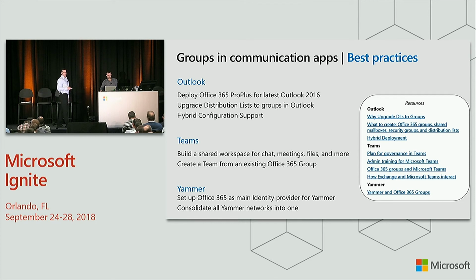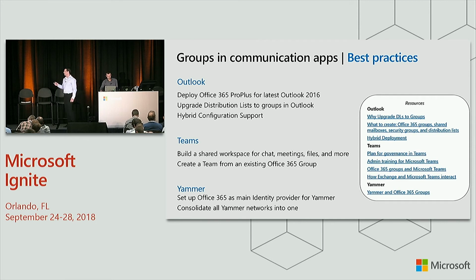Second, Teams obviously has a lot of traction. It's a great experience for chat and meetings. And so every time you create a Microsoft Teams team, you are creating an Office 365 group under the covers. Some folks might not know you can actually activate an existing Office 365 group for Microsoft Teams. So if you have a group that's being used in Outlook and you want to try chat, you can go into Teams, you can add an existing group, and then you can interact with your group in Teams. So that is a great option. It's probably being shown quite a few times this week.